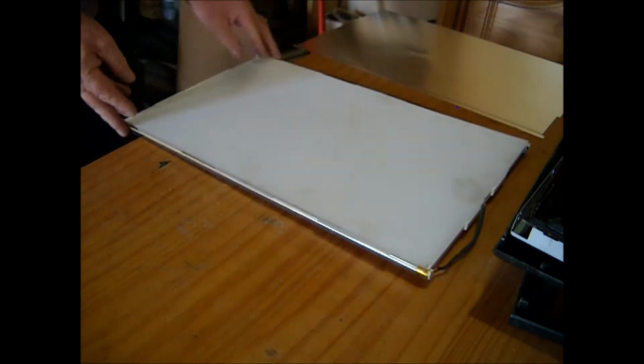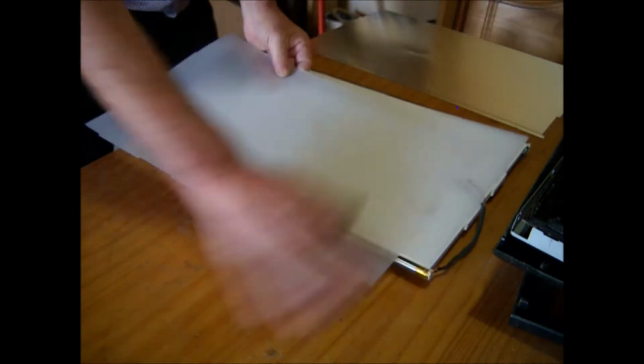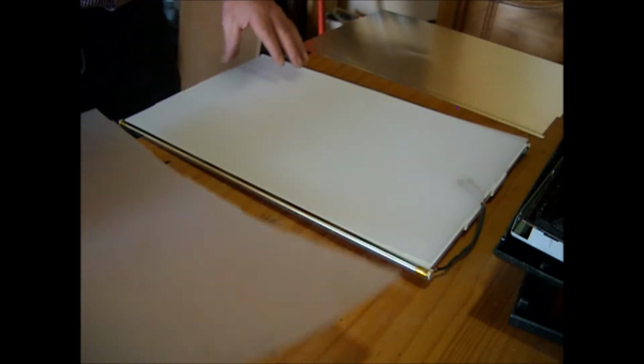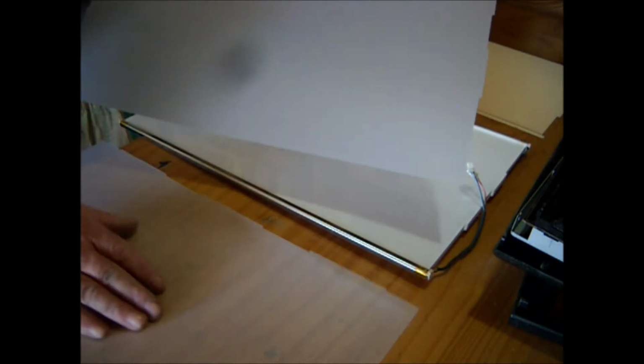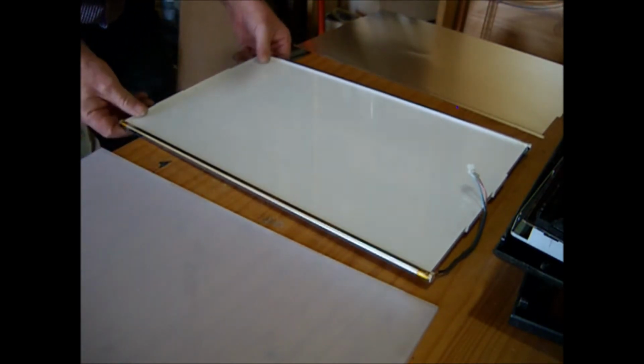Now, after the liquid crystal screen, we have this layer, a film for diffusion of the light. After that, we have another diffusion film or layer, and then we have